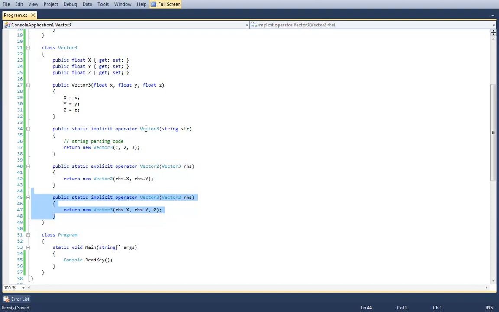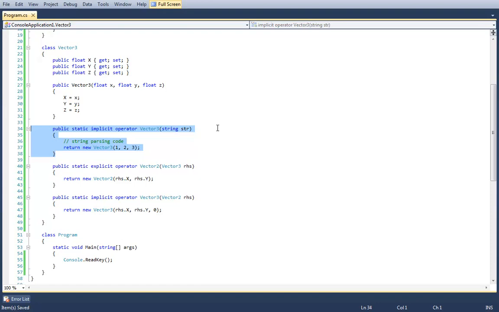However, there are an infinite amount of logical ways to go from a string to a vector 3. An infinite amount. This code shouldn't even be in the vector 3 class. Because there's so many different ways to parse a string into a vector 3, that code should be in its own component, a component that you instantiate external to the vector 3 and use.